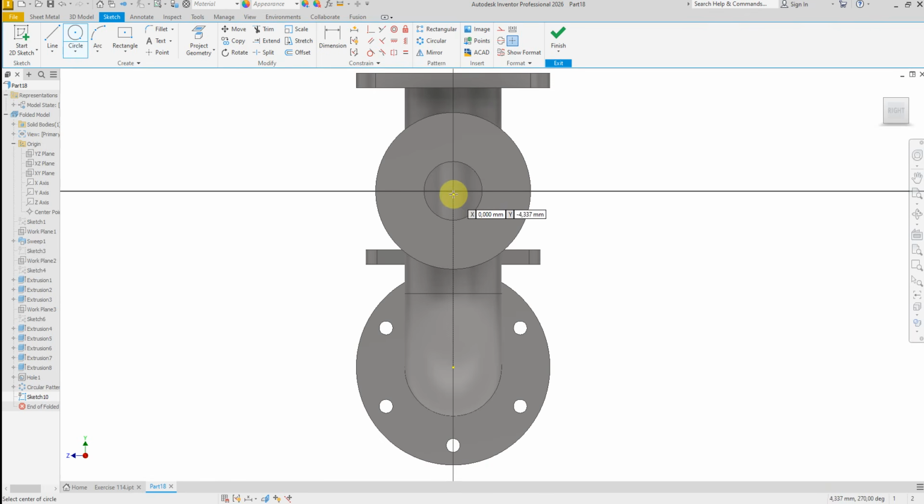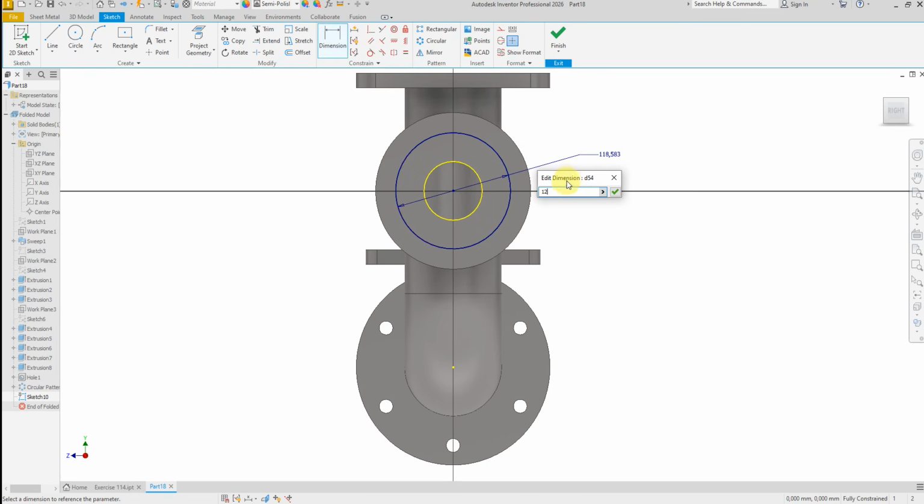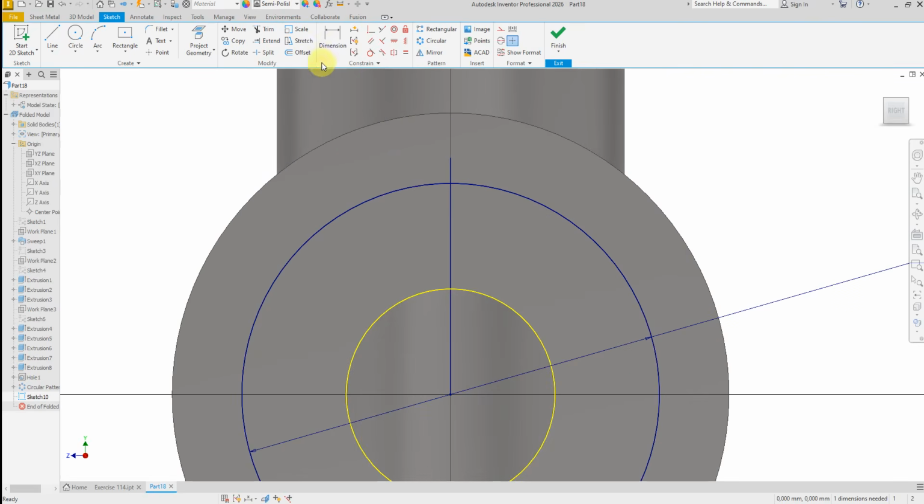Draw a circle, give a dimension of 120, draw a circle, a line, trim this line, select point,